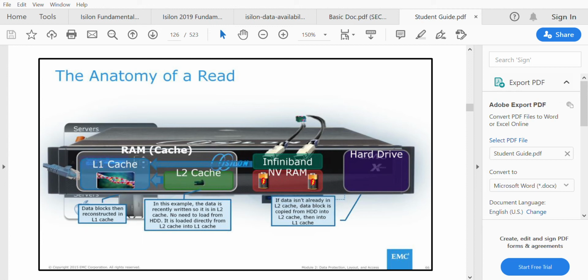And once all the nodes have replied with an acknowledgement, this particular node will send an acknowledgement to the user saying that your file has been saved in the drive. And after the L2 cache gets filled, it saves to the NVRAM, and then when the NVRAM gets filled, the data gets saved to the hard disk. So this is how the